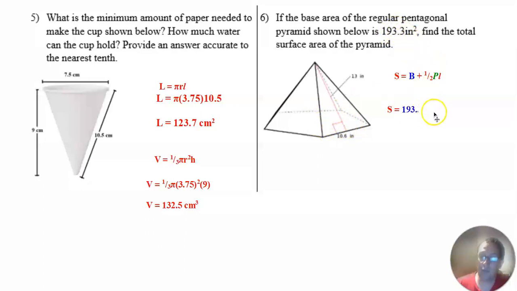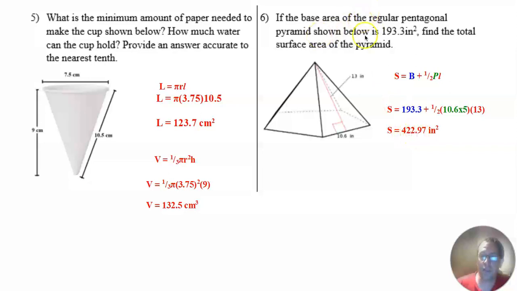So we have 193.3 is the area of the base times 1/2. And then how are we going to get perimeter? Yeah, that's right. We're just going to take this 10.6 times 5 sides. 10.6, 10.6, 10.6, because it's a regular pentagon. All of these sides are the same. All right, so we have 10.6 times 5 is our perimeter, and then the slant height, which is 13. And we just stick that in the calculator, and we get our answer of approximately